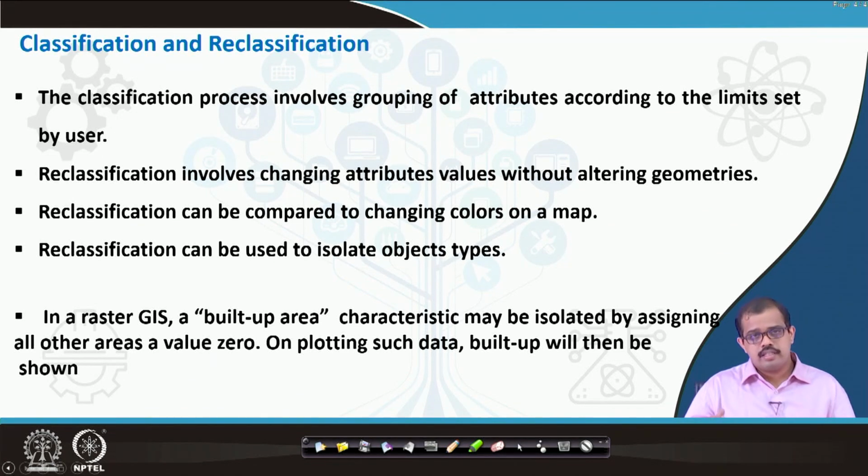When we are looking at the same thematic maps, there comes classification and reclassification. The classification process involves attributes according to the limits set by the user. Let's say I have certain attributes which have to be represented in different forms. Visually, it is the color that gives more information to a user who may not understand the different things behind a particular value.